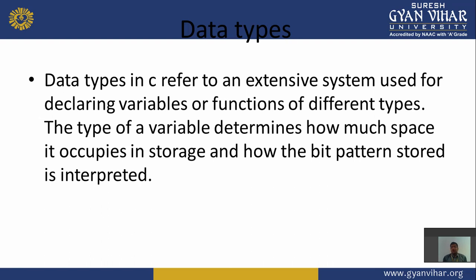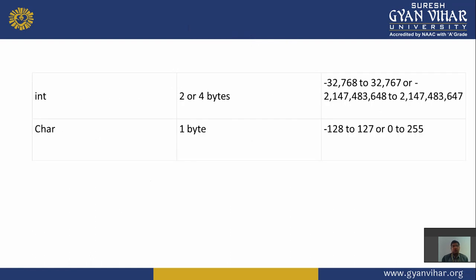So three operations are performed on a variable using the data type. First is fixing the type of the variable, second is deciding the memory allocation size, and third is deciding the range. So there are some data types which are used in the C programming language. They are the most popular data types used mainly in languages. The first data type is integer.